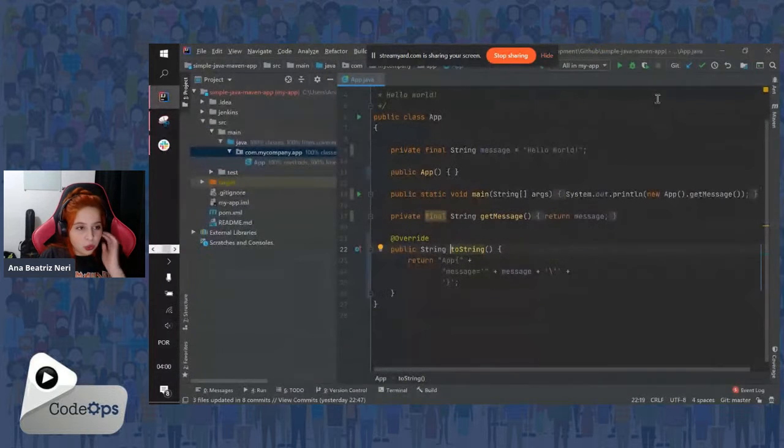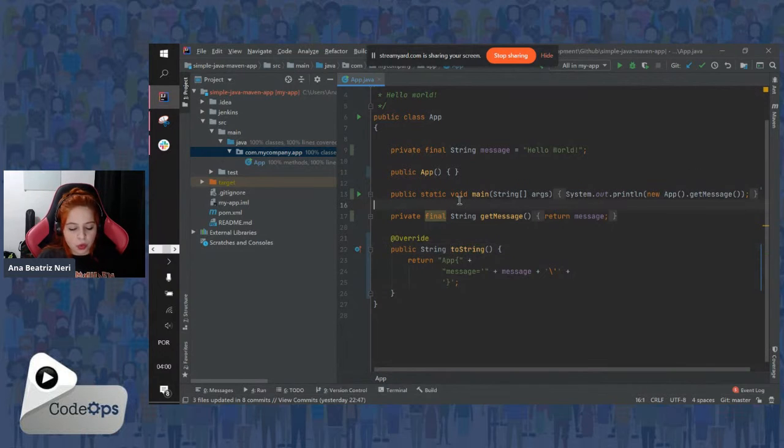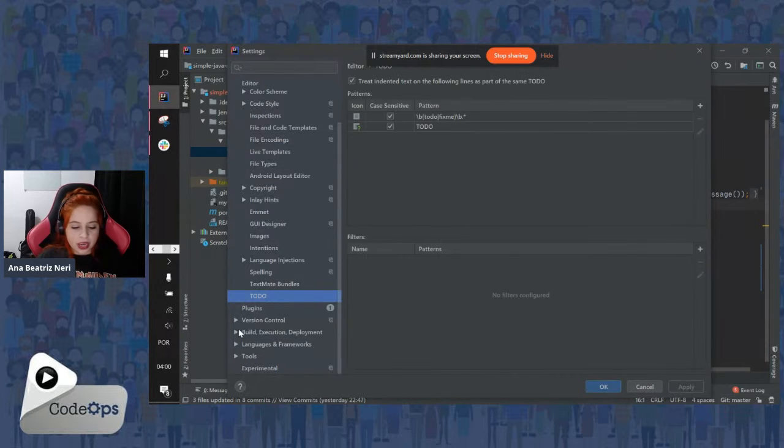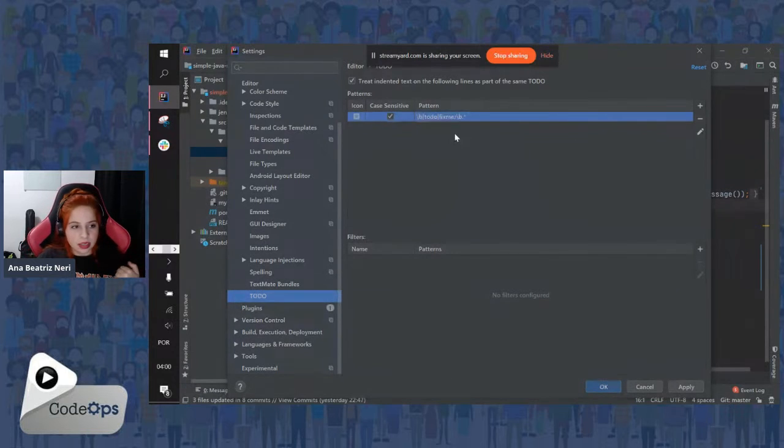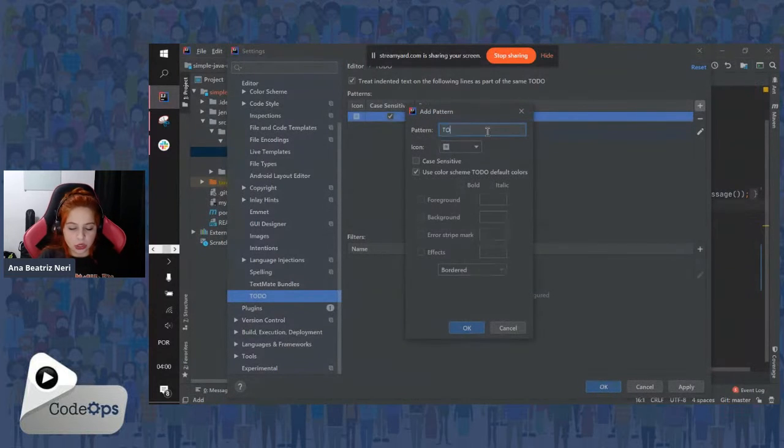When I type Ctrl+Alt+S, we can go into the file. So we can make it case sensitive or not. We can exclude someone or we can add someone. Let me see, to-do